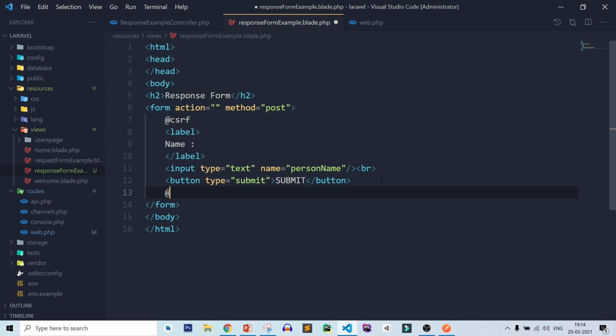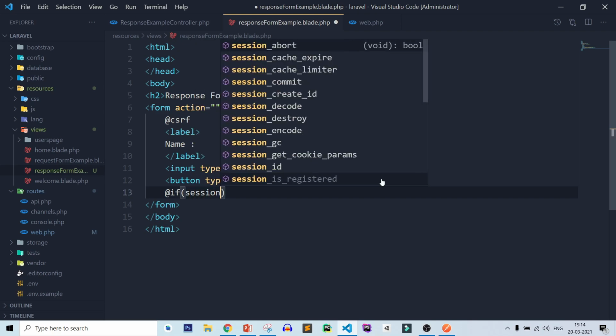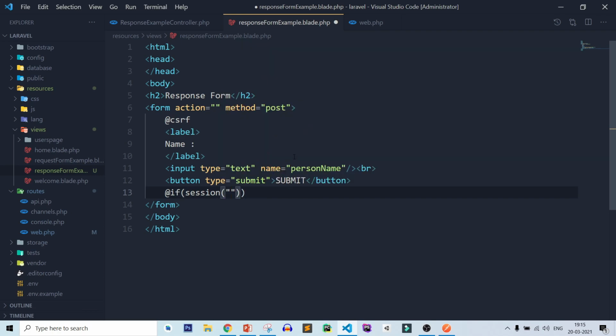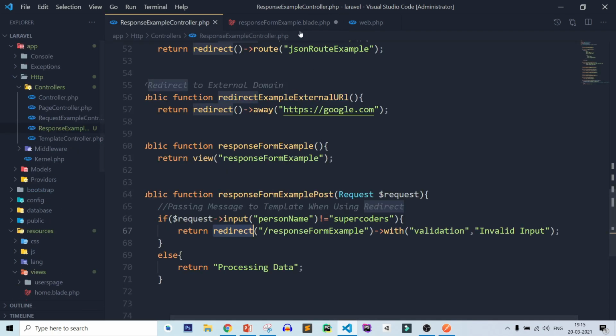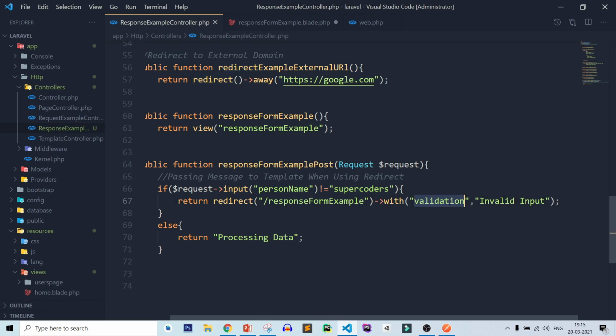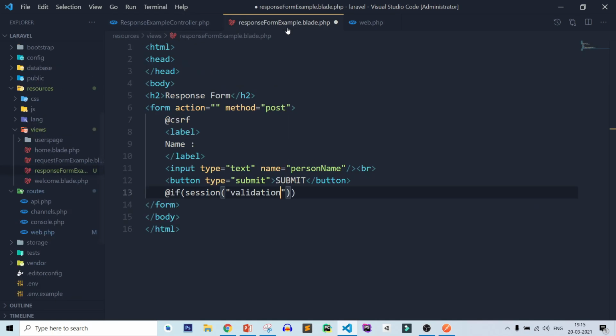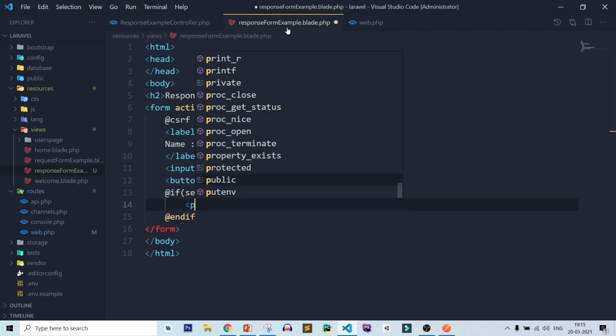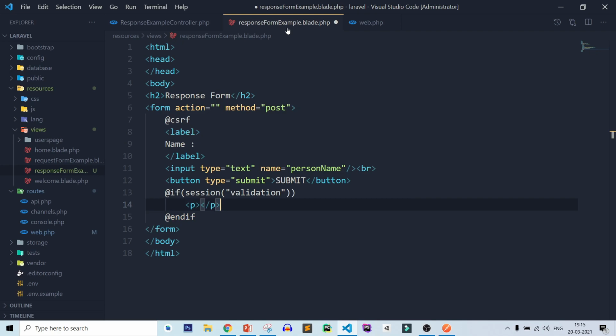For this you need to add the at rate if, after that add session, then you need to pass the key name which you are passing. Here the key name I am passing is validation. After that add the at rate endif, and here add p, which is the paragraph tag.